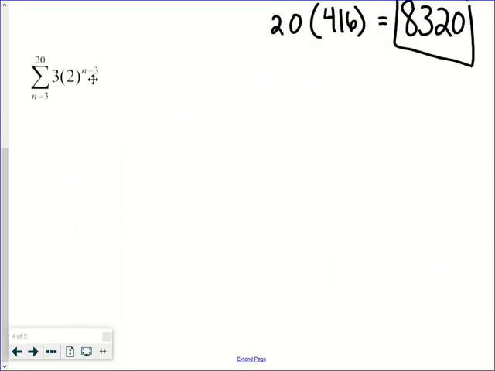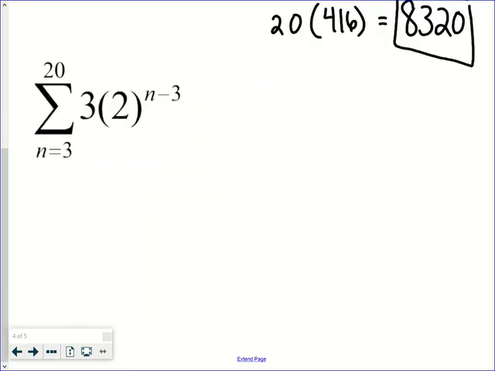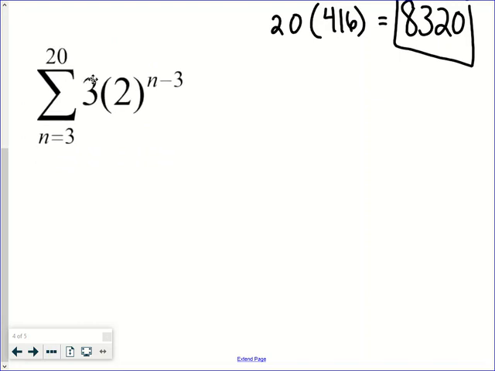All right, last one we'll do is going to be find the sum from n equals 3 to 20 of 3 times 2 to the n minus 3. So first thing, if you see that exponent, you know it's a geometric. So when we go to use our formula, make sure you're using the geometric sum formula. So first thing, again, since it's a 20, it doesn't make sense to expand this. So we're going to have to